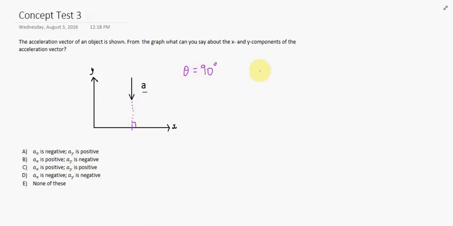Okay, so what do we know if I had to subdivide this acceleration into its x and y components? You should know by now that I could write this as a cosine theta, and I could write this as a sine theta. So if I plug in the angle, a cosine of 90 versus a sine of 90, well,